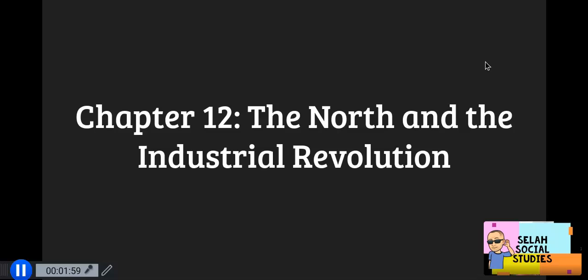The Industrial Revolution affects the production of goods greatly because you used to have to do it by hand, and now with Eli Whitney inventing interchangeable parts, you have the production of goods being made faster, cheaper, and more efficient. That's definitely something you're going to have to know. Make sure you understand that. The Industrial Revolution makes the production of goods faster, cheaper, and more efficient.